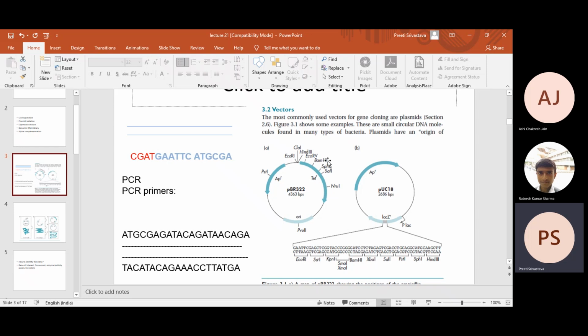Again you are going to see two types of colonies, one where the vector has self-ligated and one where the vector has taken up the insert. Now you can pick individual colonies and spot them on tetracycline plates. The ones which do not grow on tetracycline plates are the ones which contain the desired clone. Is this clear or not clear? Ma'am, it is clear. Okay.